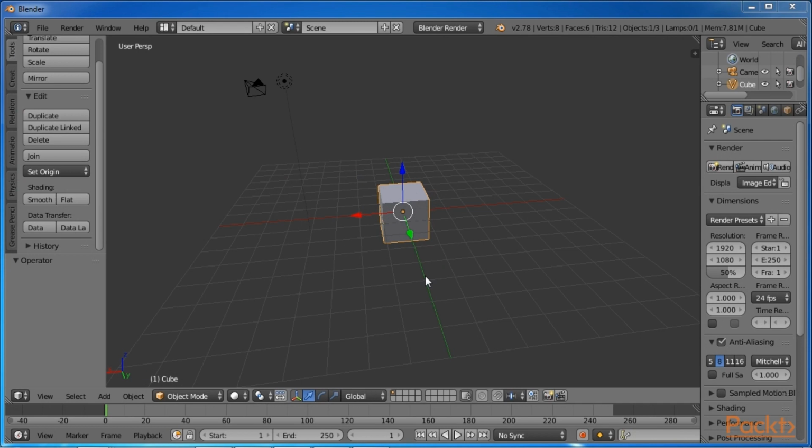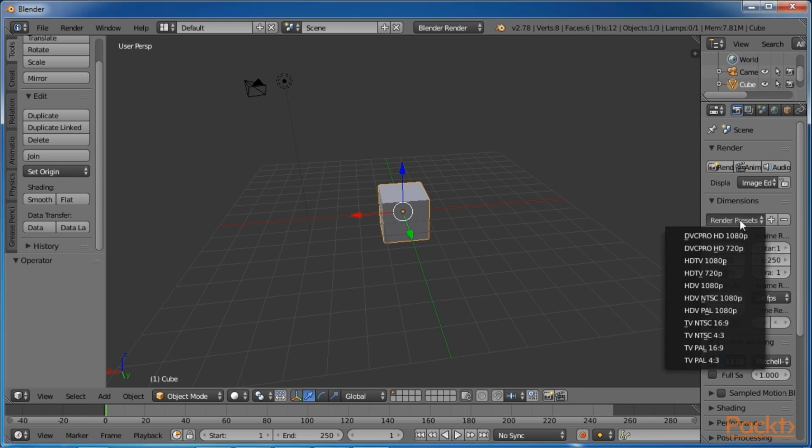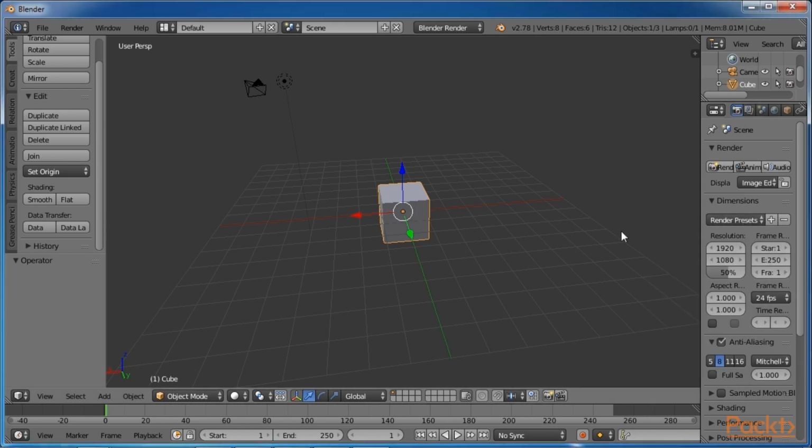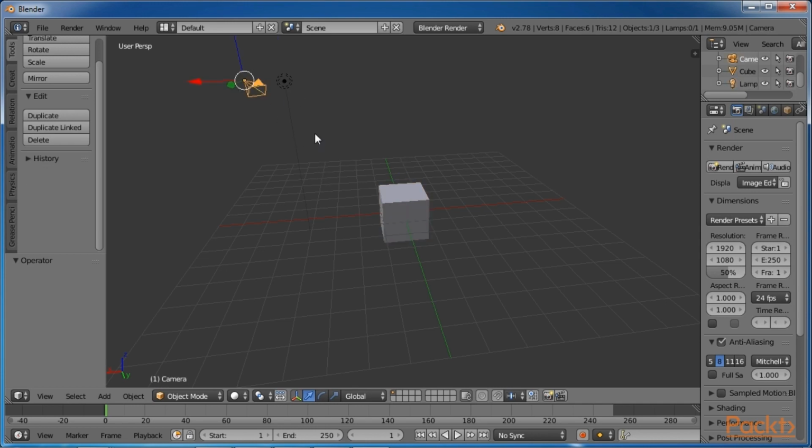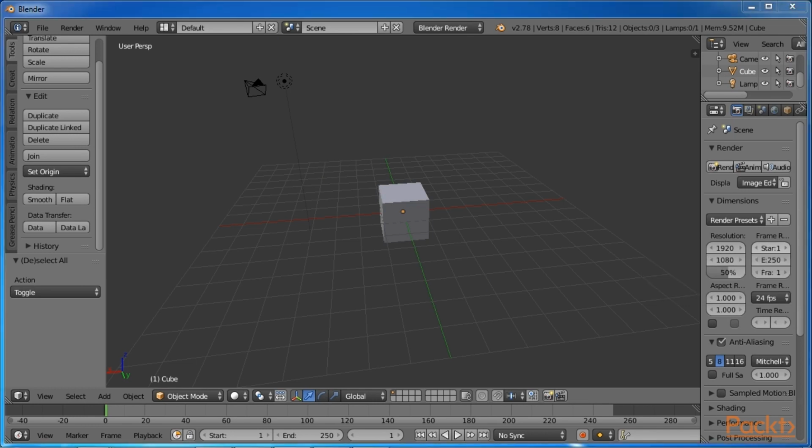Number 7. The Properties window. The Properties window displays the properties of the current selected objects. You can also adjust the render settings here. Number 8. The Outliner window. The Outliner window displays the list of objects in your 3D scene. You can select an object by simply clicking on it on the Outliner instead of selecting it in the main